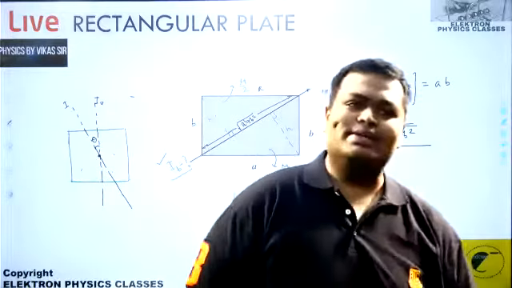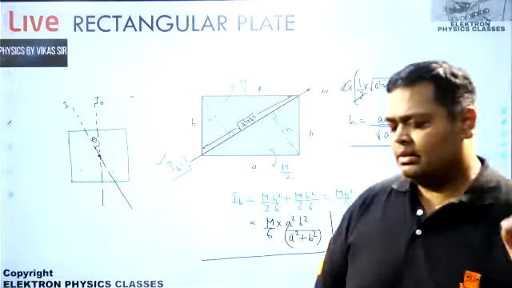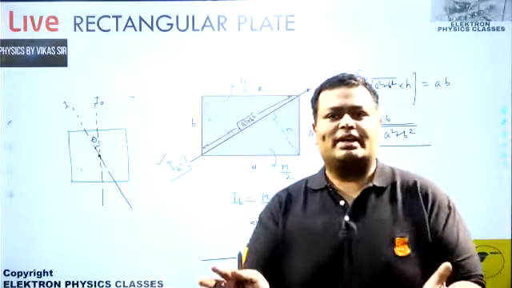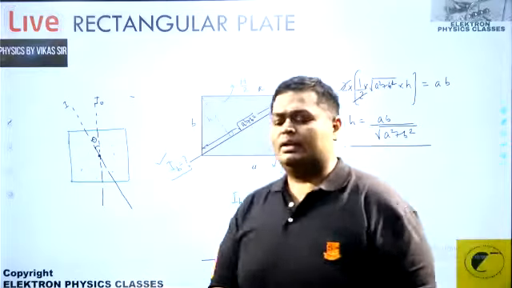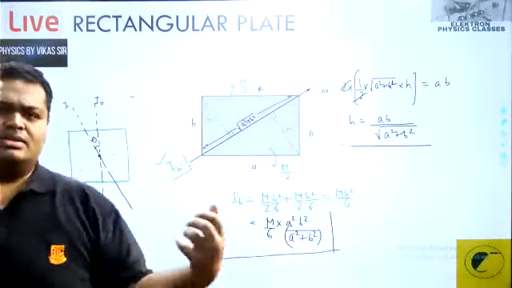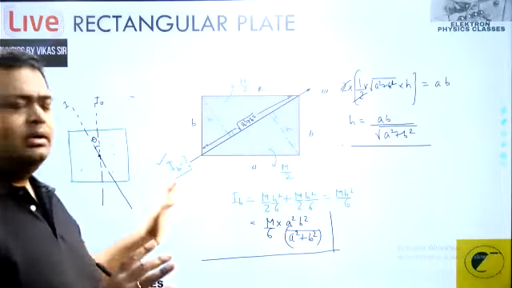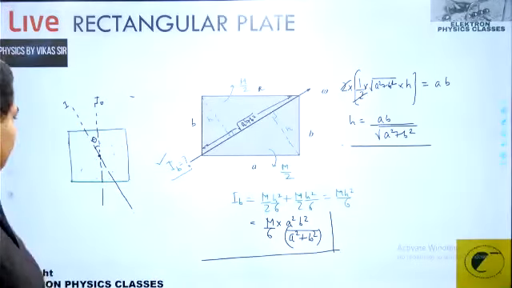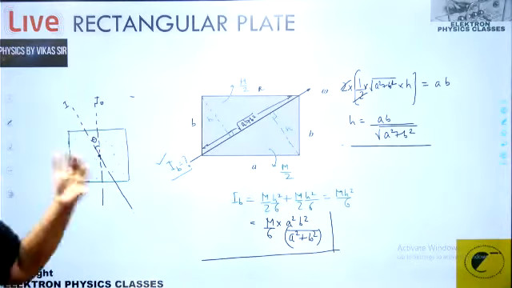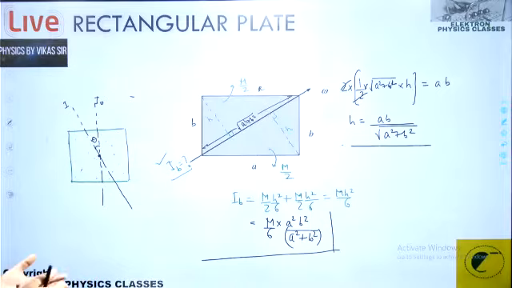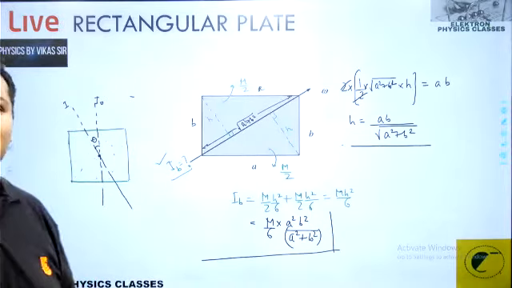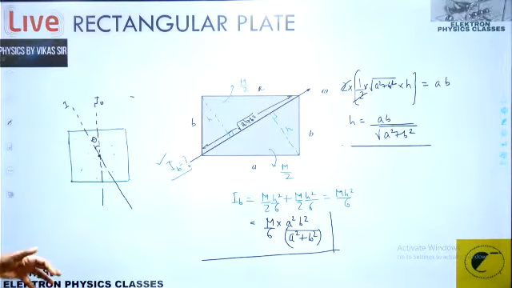Very easy question, easily done, and we're happy that the triangular plate result which we derived is coming in as a utility. Otherwise, the result would have been wasted. We did not let it go to waste, and we required that result in these kinds of problems. This one is another standard question, because it has come in a previous examination, and therefore it becomes a standard and came in the premier IIT examination.